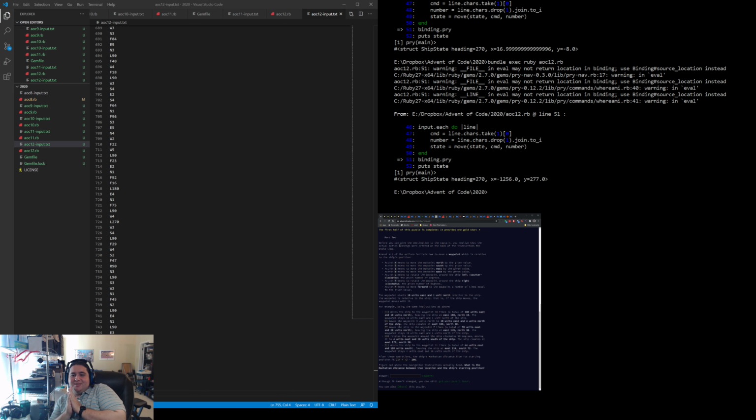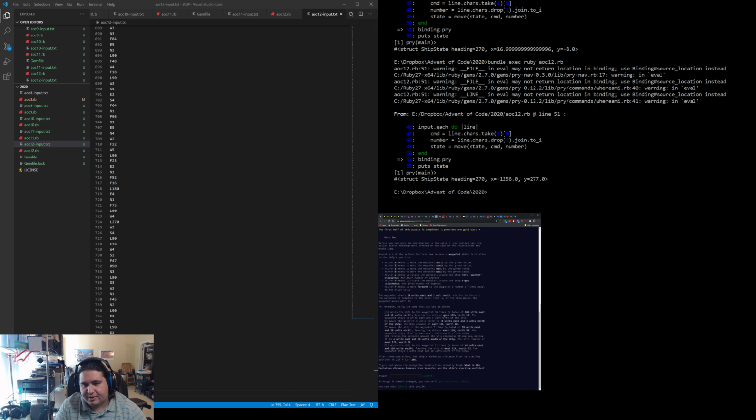Almost all of the actions indicate how to move a waypoint which is relative to the ship's position. The actual action meanings were printed on the back the entire time. North, south, east, west, L counterclockwise, R clockwise, F means forward. The waypoint starts 10 units east and 1 unit north. The waypoint is relative to the ship, that is, if the ship moves, the waypoint moves with it. For example, using the same instructions above,